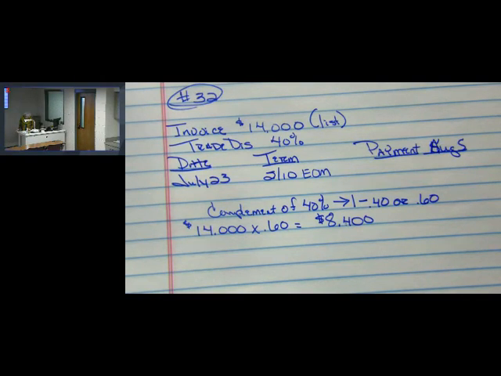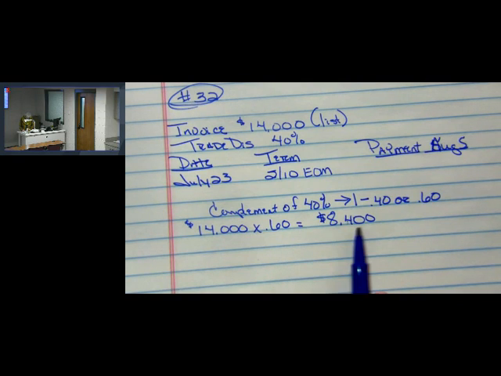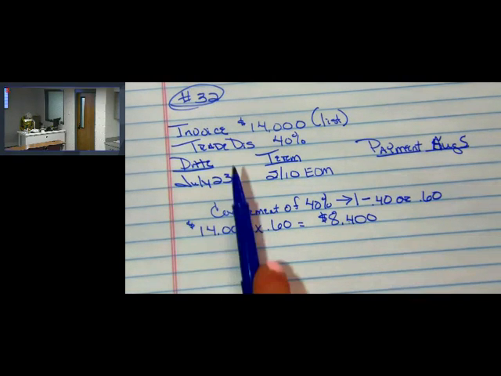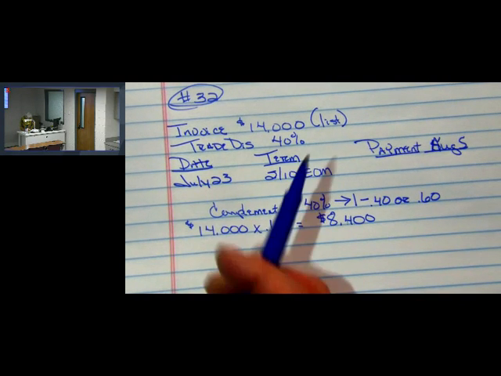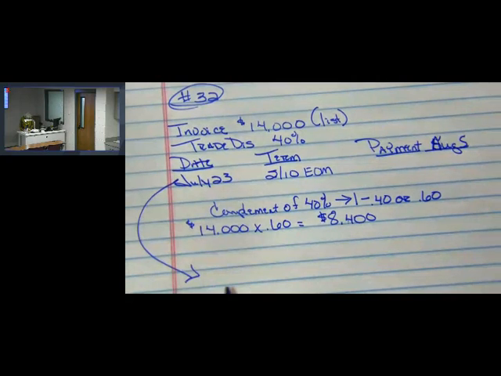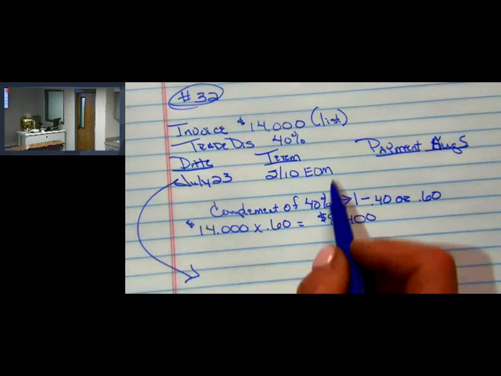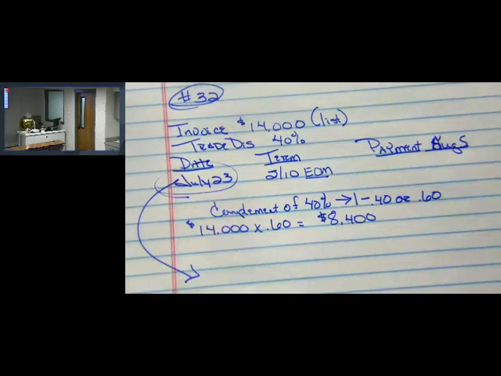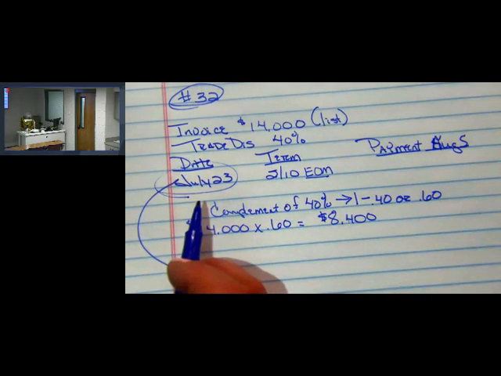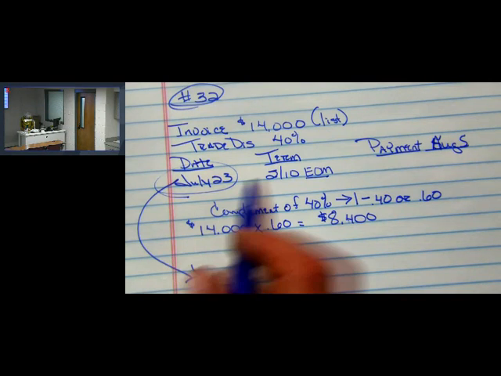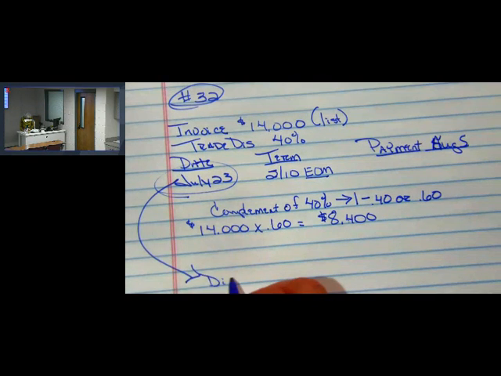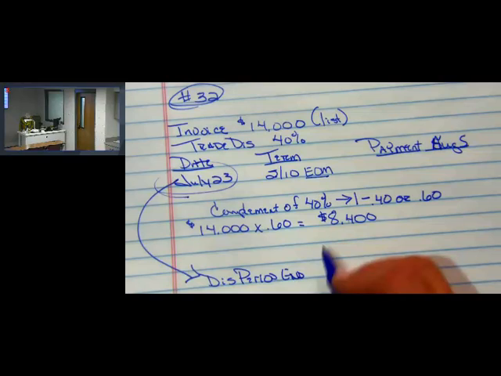So again, let's look at the cash discount. My new net price is $8,400. It's a 2/10 EOM. So I'm going to do a little something here. On an EOM, I'm always going to look at the date of my invoice. If it's on or before the 25th of the month, my discount period will end the next month, which is August